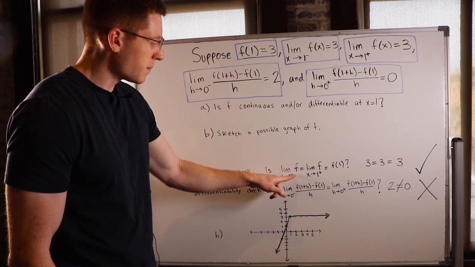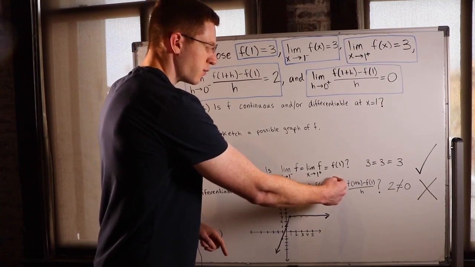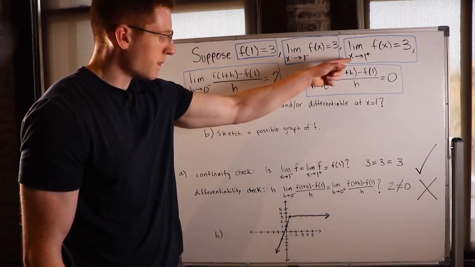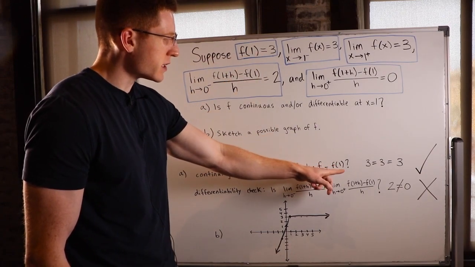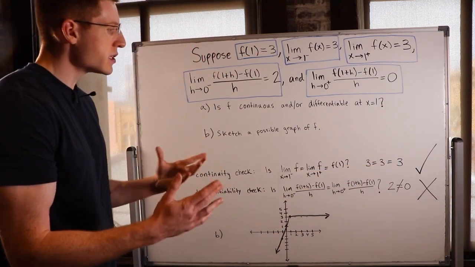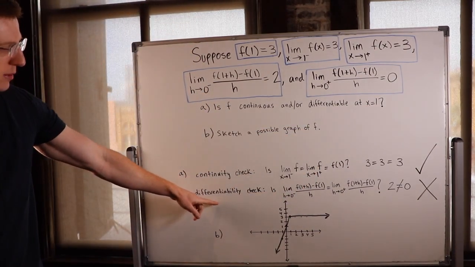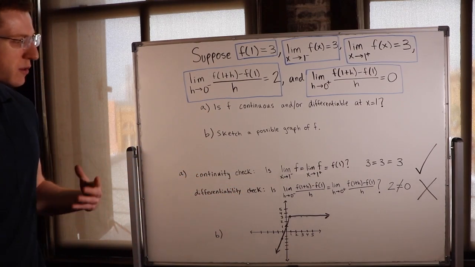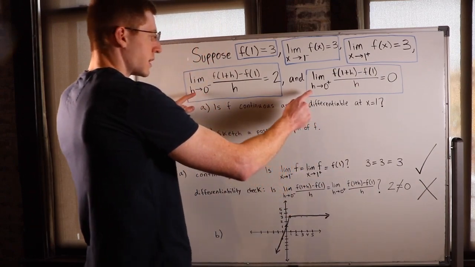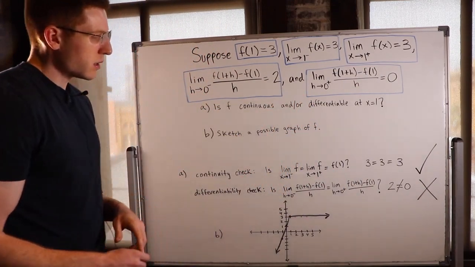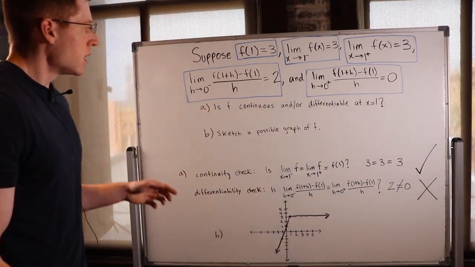So this is 3. And they told us this was also 3. So from the right side of 1, our limit of f is also 3. And then also f of 1, our point of interest, is 3. So they all equal each other. So this function is continuous at x equals 1. Now let's do a differentiability check. Again, we know our differentiability rule can be written in this form, and that's convenient because that's what they gave us, right? So to test our point a, or x equals 1, or a equals 1,